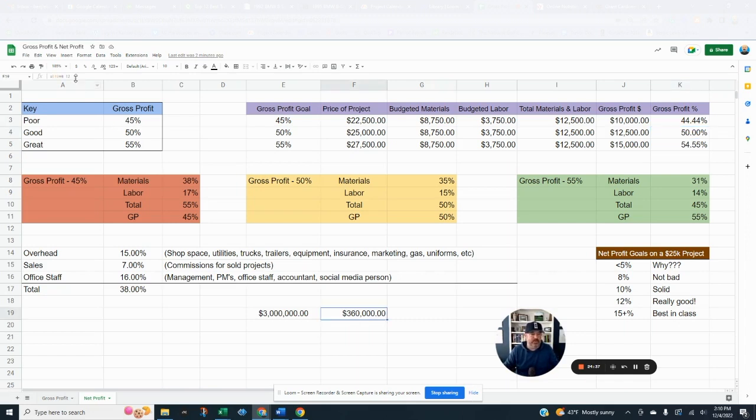If we run this number at 8%, it's still $240,000 profit that thing's doing after paying everybody. You can still take a $100,000 bonus on top of your $120,000 salary, and you're making a great living. But you have to do this. If you're flying by the seat of your pants and you're going, oh my gosh, I don't know how guys are charging $40 a square foot for pavers or $50 a square foot for natural stone or whatever it is in your city, and you're like, oh, how do those guys do that? That doesn't seem fair. No, that guy's not being a jerk, and he's not taking advantage of his customers. He's actually just taking care of himself, his employees, his business, right?